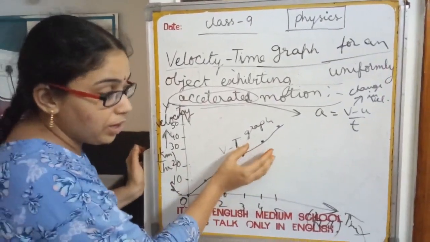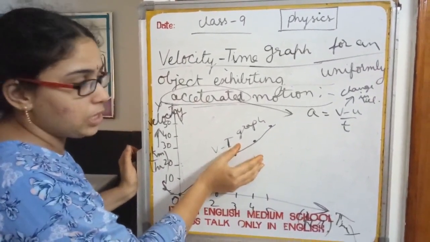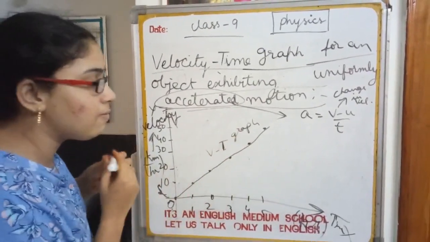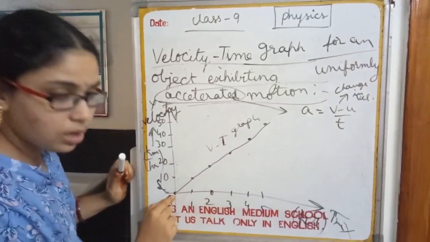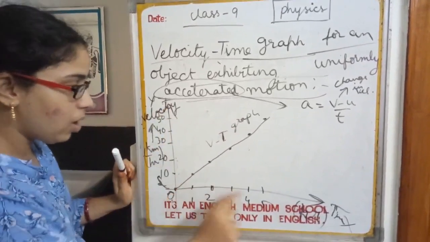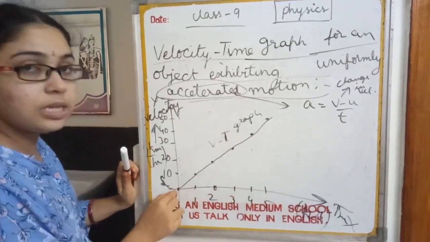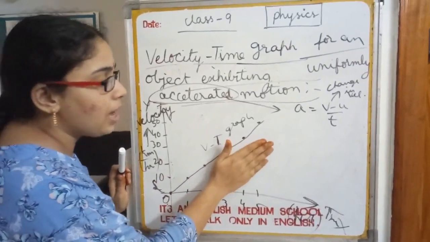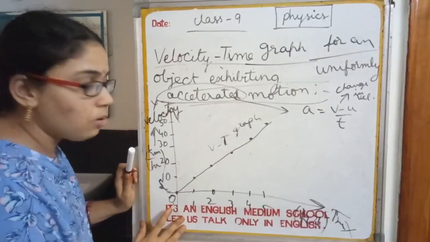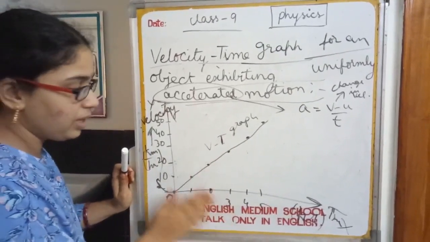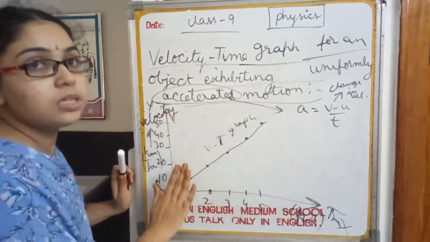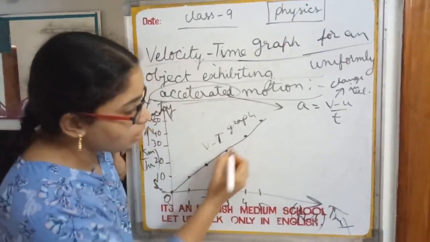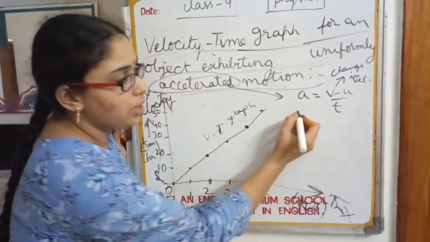Okay, and before finding the magnitude of displacement, we should note one point, that is the nature of the graph. What is the nature of the graph? It is a straight line passing through the origin. The origin is the joining point of the x-axis and y-axis. This is the origin. So the nature of the graph is a straight line passing through the origin, okay, and it shows the linear relationship between the velocity and time of this particular object. Now I am going to find out the required magnitude of displacement.